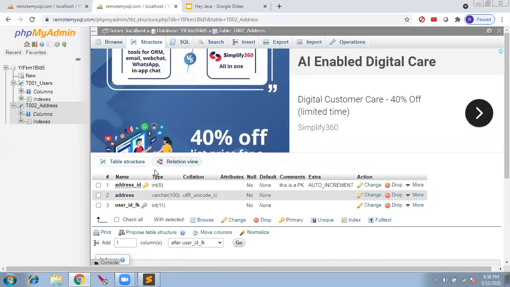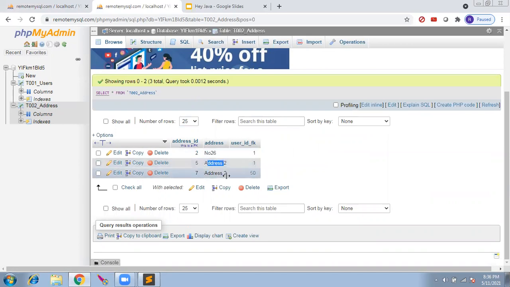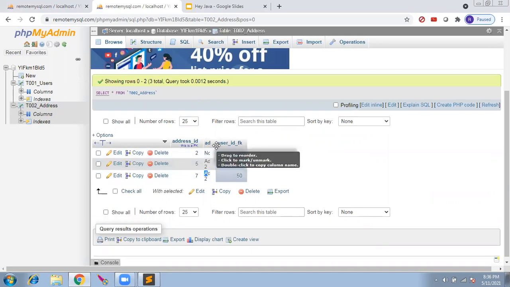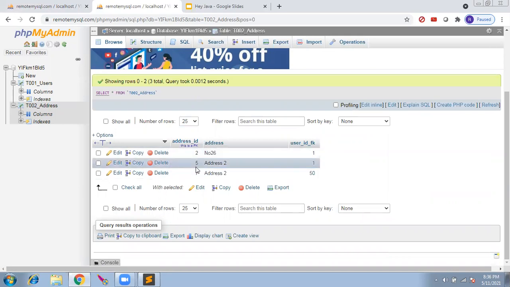Okay. That means this primary key is going to address the whole table. That's what we're telling, right? Every row will have one particular number assigned. So if I'm going to browse this table, the first row you see, number 26 is the address, right? This is stored as reference 2. This is stored as reference 5. This is stored as reference 7. This is like page numbers 2, 5, and 7.